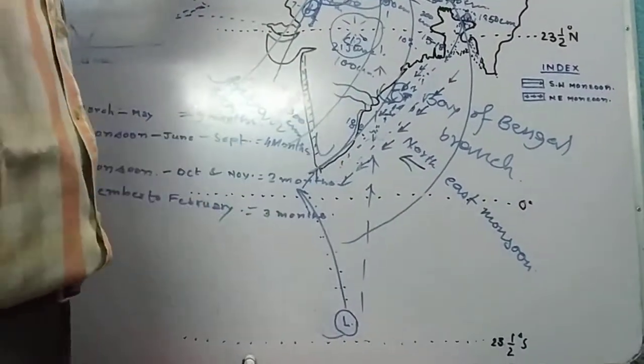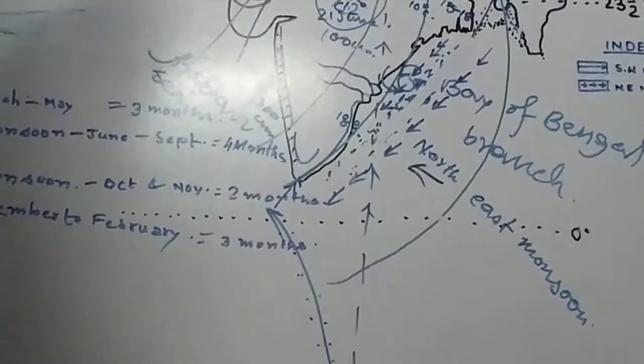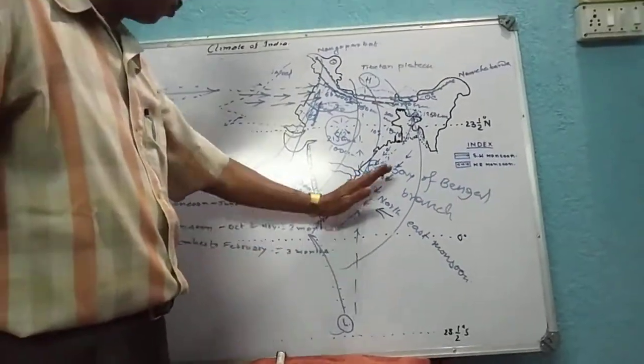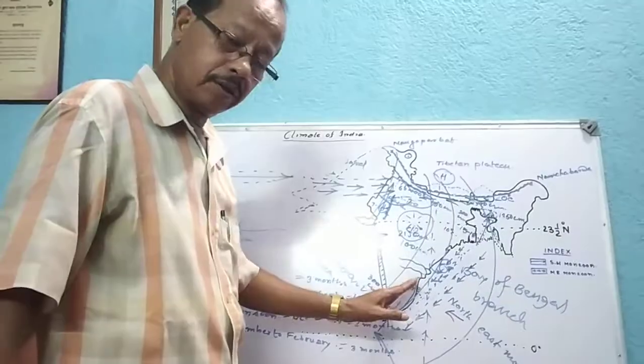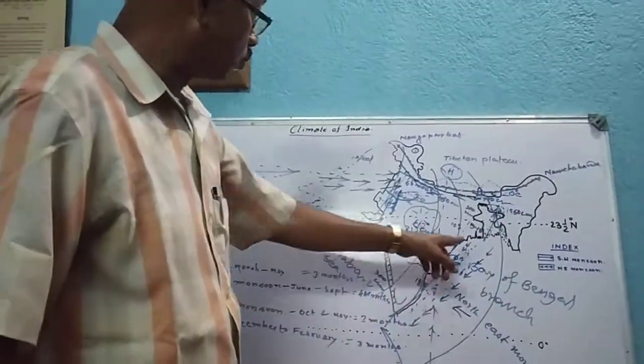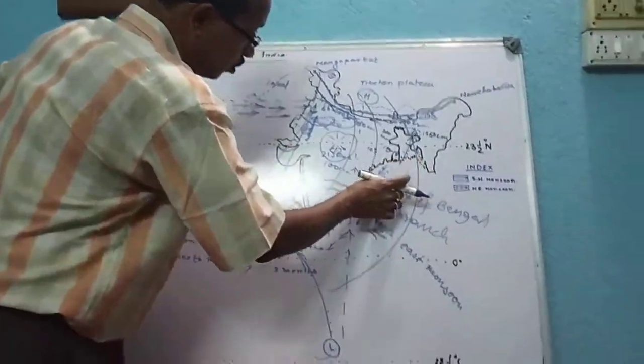This Coromandel coast receives rainfall twice in a year. Number one, during the southwest monsoon period, and second, when the northeast monsoon blows, this northeast monsoon